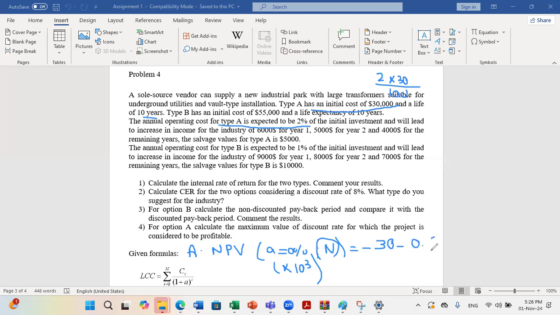Since it's constant with years, I just multiply the 0.6 by n. While the incomes are varying with years, so for year 1, it's $6,000, so plus 6, because I divided by 10 to the power 3. Plus, here, since I